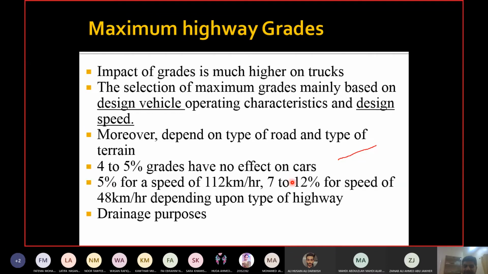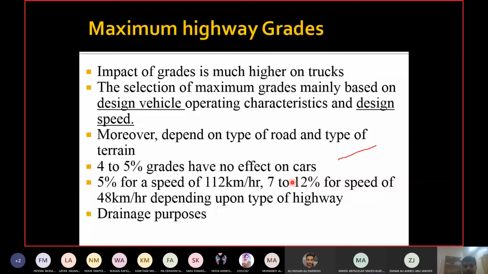The main purpose is drainage. Now you may say that we have already drained the water into the drainage channel, right? We provided the cross slope, so the water is already drained across the road into the drainage channel. But from the drainage channel, it has to go somewhere, right? You cannot let the drainage channel be flat along the length, and so what will happen? The water will accumulate in the channel, and when the channel is filled and the water is not moving forward, where will it come? On the road.